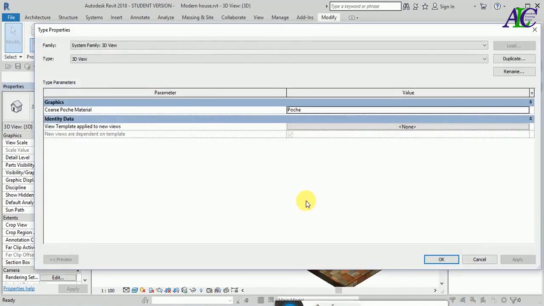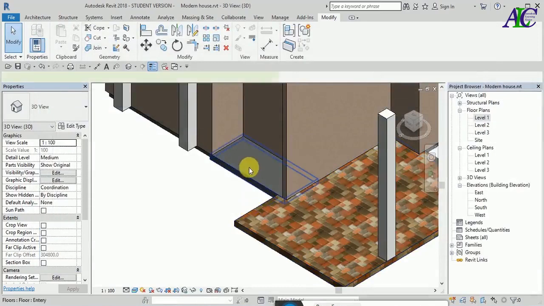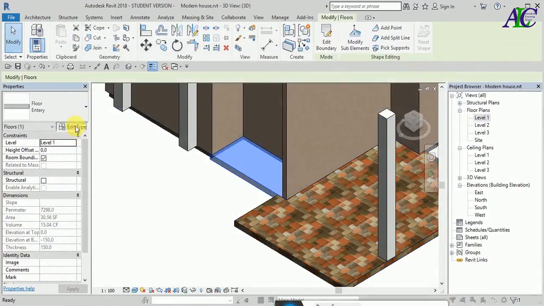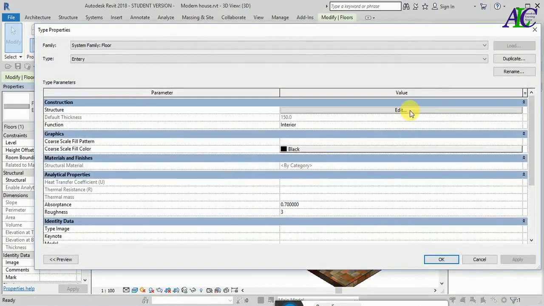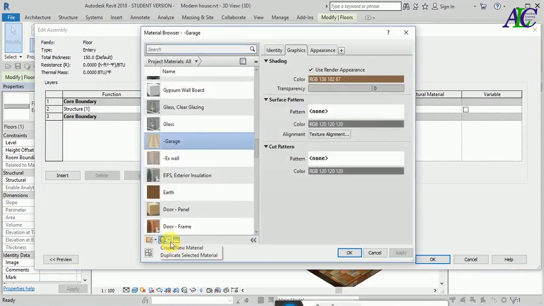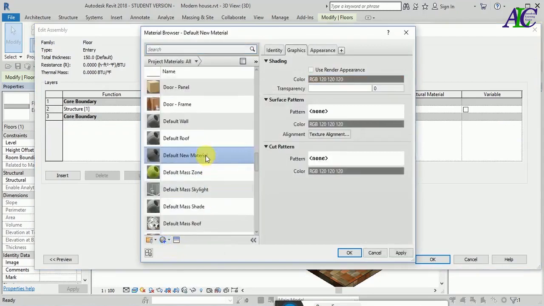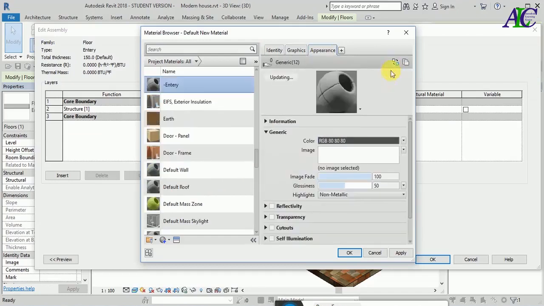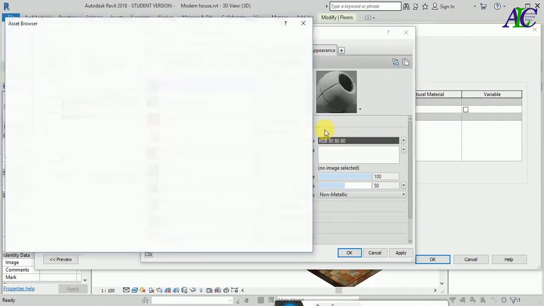So after I create a floor for all of them, now I'm going to choose the material for each one by one. The method is the same, just follow. If you know one of them, you can change the material for all of the floors. So just be careful for one of them, copy, and from here material,